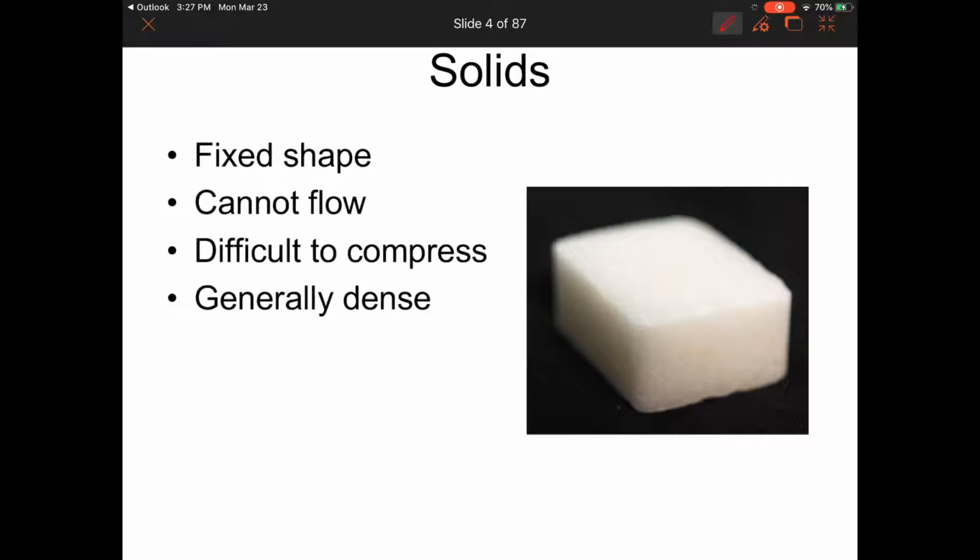When we talk about density, remember that density would be equal to mass divided by volume. So having a large density means you have a lot of mass in a small amount of space or volume. So just keep that in mind. When you think of really dense solids, you think of things like iron. Iron definitely would sink to the bottom of a pool. It would not float. Things that are less dense have a little bit less mass per volume. Things like wood might float, things like styrofoam, etc.